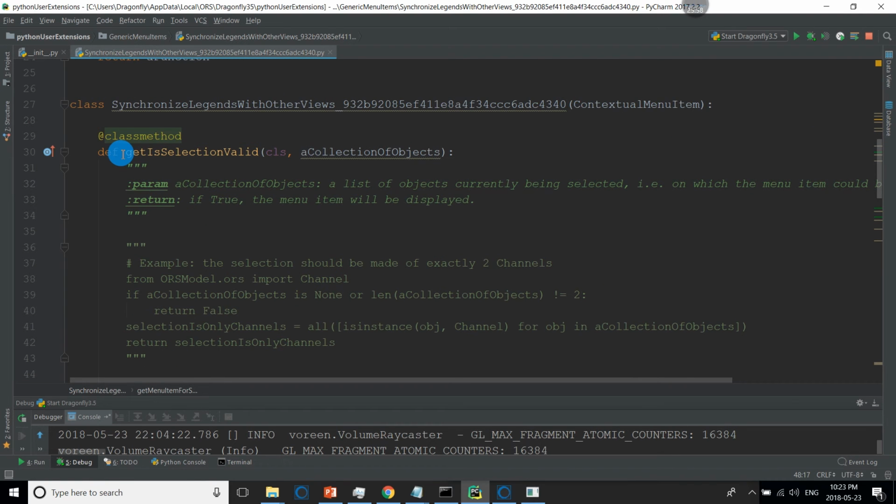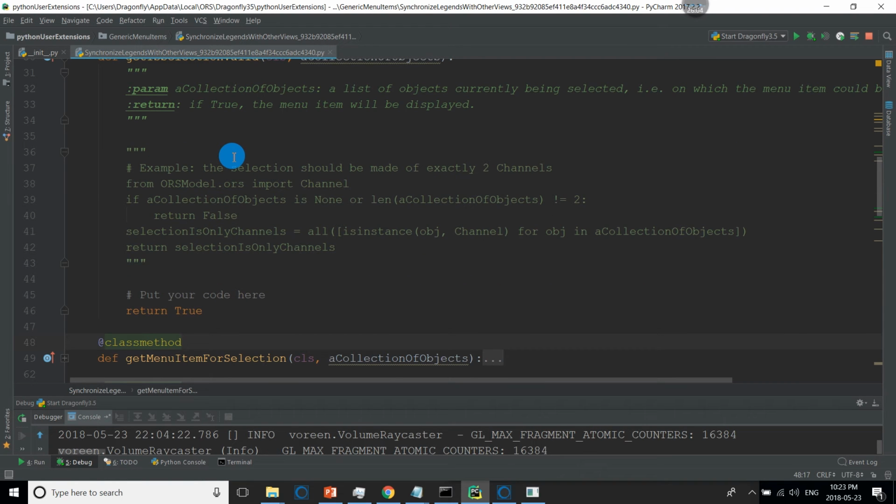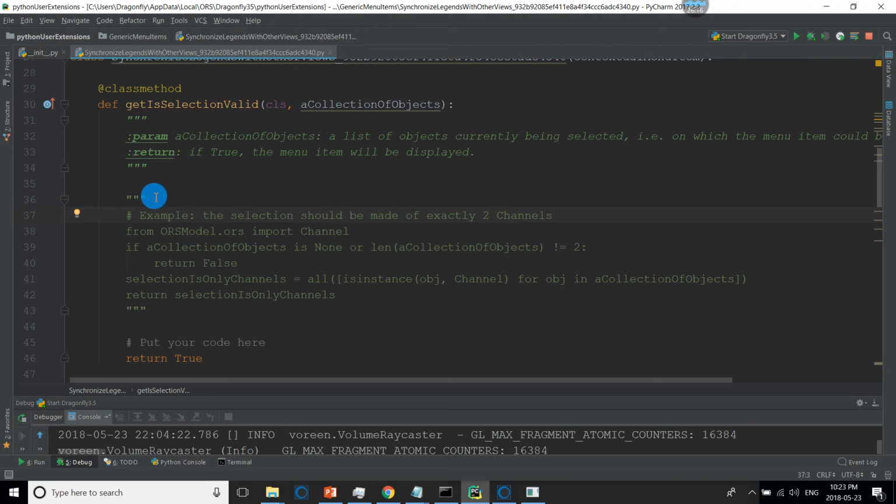So this is just an example. If I remove these and put this in comment, this is an example for checking to see if